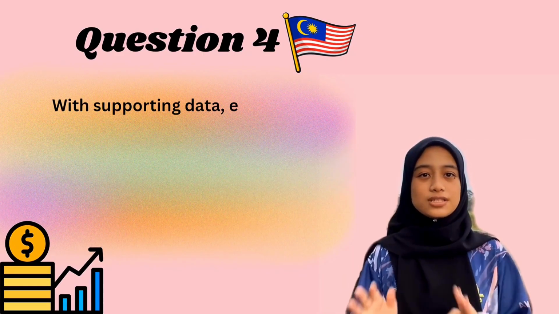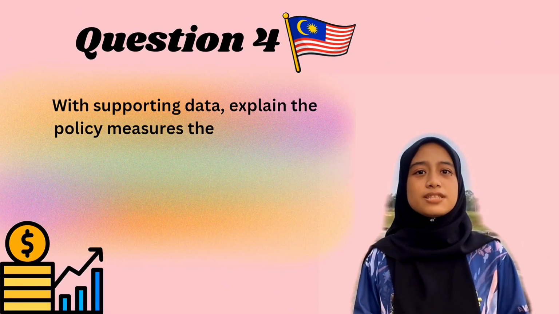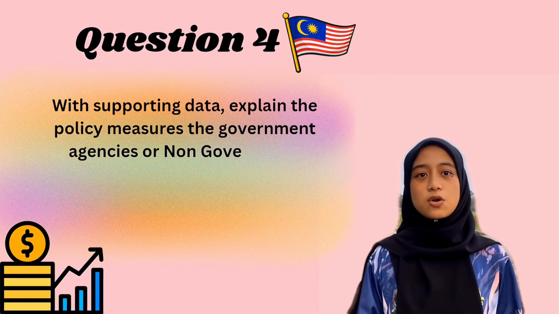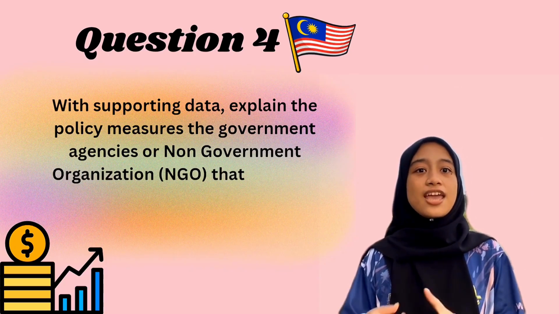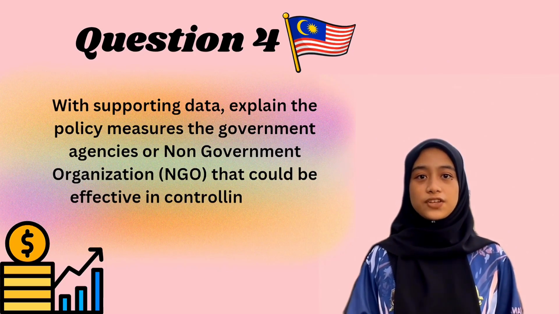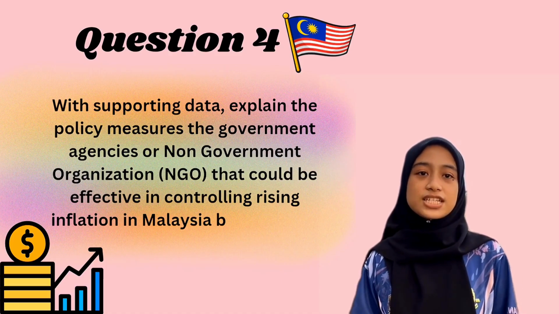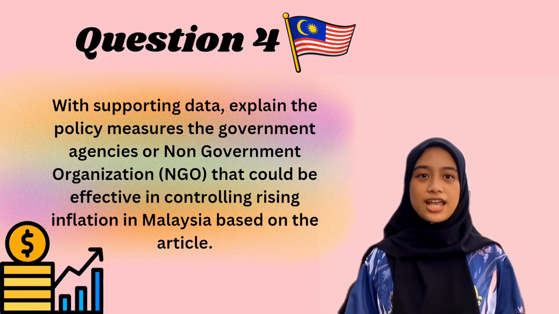Question number 4. With supporting data, explain the policy measures the government agencies or non-government organizations, NGOs, could take that would be effective in controlling rising inflation in Malaysia based on the article. Inflation is a persistent rise in the general price level of goods and services, which can erode purchasing power and economic stability. Based on the article, Malaysia's inflation is projected to average 2.0% to